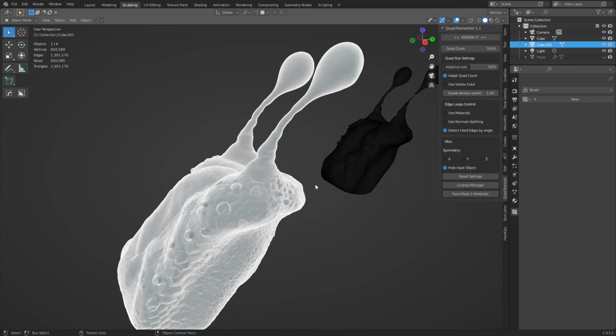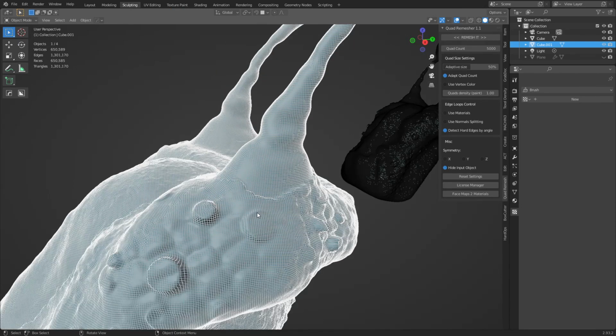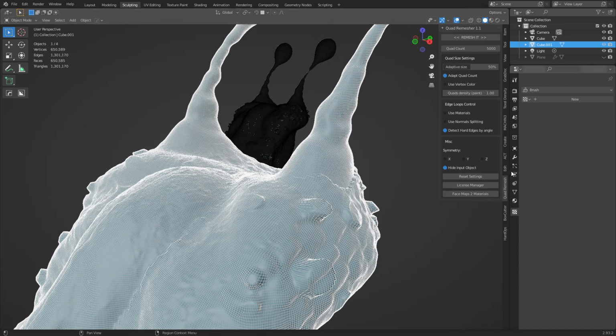So this was a remesh using the voxel system, right? I'm going to use Quad Remesher, which is a paid add-on. It's like $60 for personal use, $100 for commercial use. Keep that in mind. Something like that anyways. You can change your quad counts, what kind of resolution you want. So right now I'm at 1,300 triangles, 650,000 faces. So I'm just going to bump it down to 500. No, let's do 700,000